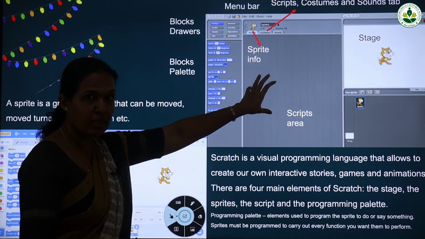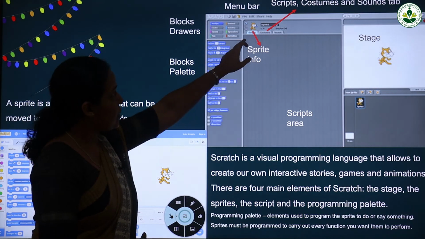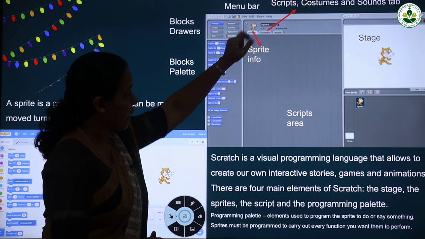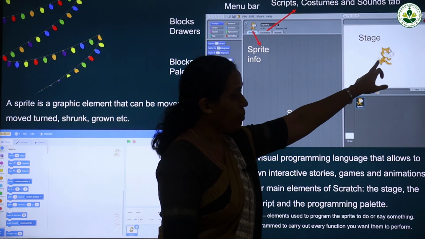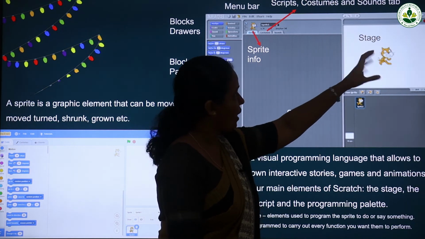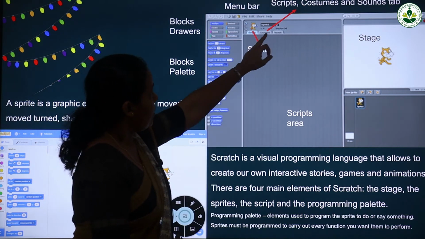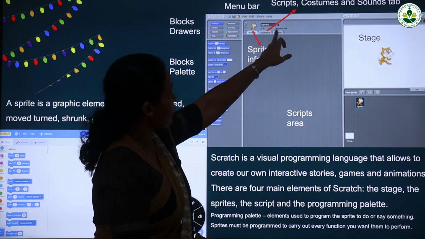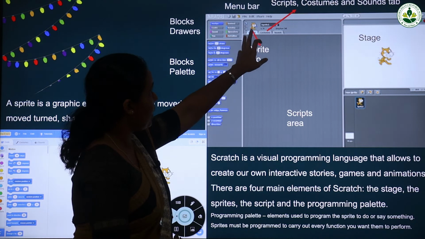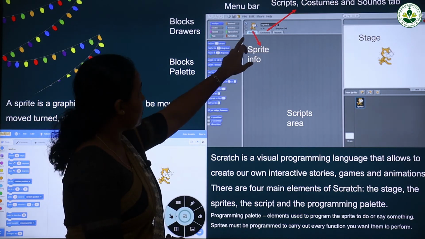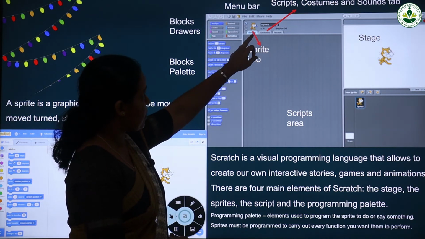Here we are writing the script, and this one is the sprite info. This is the sprite. It's like an actor and we can add more sprites to our game. Then here the scripts, costumes and sounds tabs. If you need to write the code, you can move to this scripts tab.